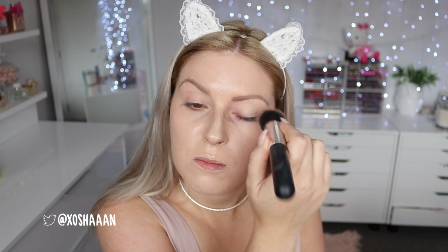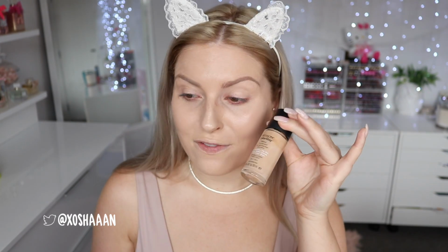Okay, now that it's kind of blended, I'm just going to take a brush because that'll help to take away some of the excess product. I've put on way too much. This here is an angled face brush. I still like it. I would still wear this, probably alone. Like, look at this. Do I need foundation on top of this? No, but I'm probably still gonna put a little bit on just for the memories, because the foundation is Revlon